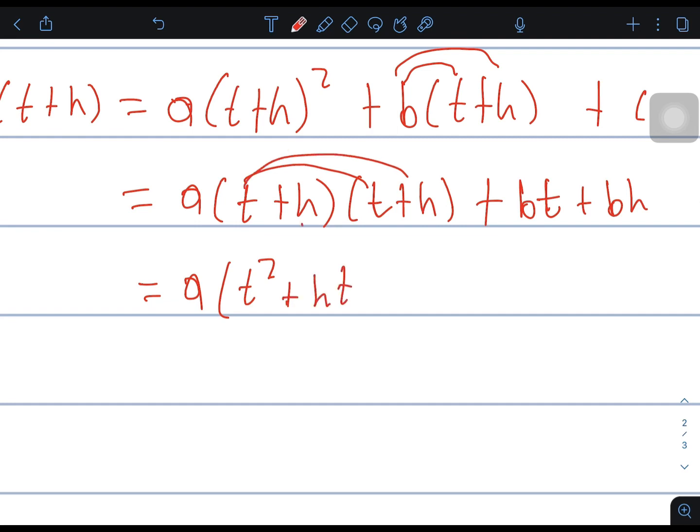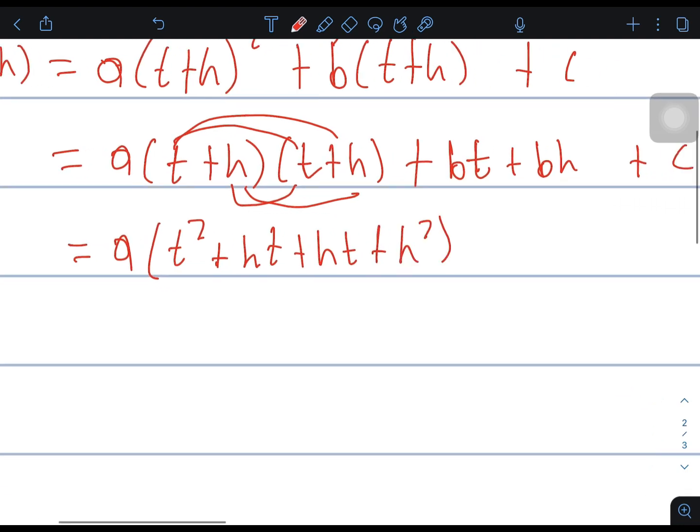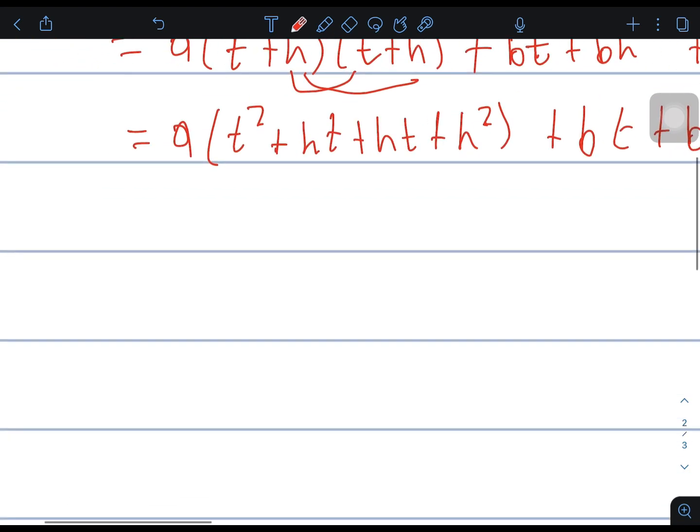ht, then h times t will be plus ht, then h times h will be plus h squared, and plus bt plus bh plus c. Okay, so inside the bracket let us simplify, we see the like terms ht and ht, so we will have